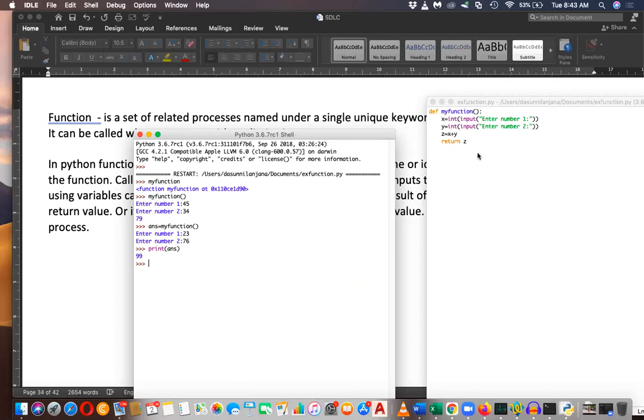So I can give a meaningful answer too. Meaningful answer means I can just generate this answer. Let's say z equal x, without saying z, even this is also okay.